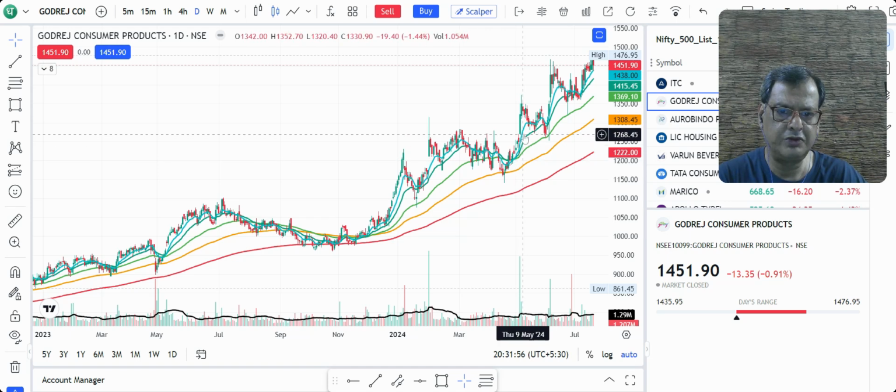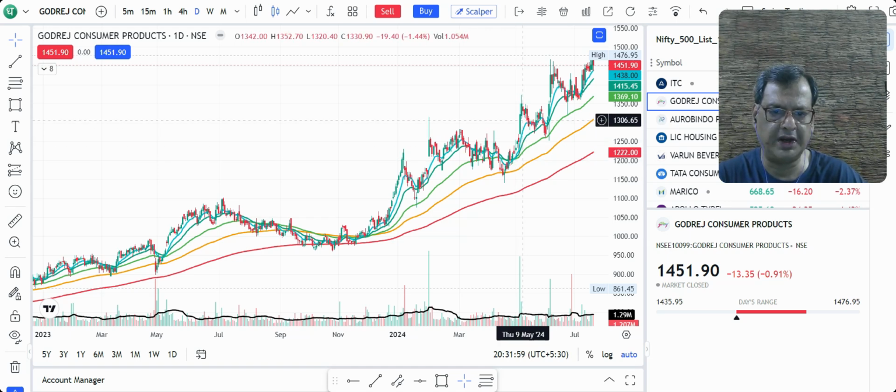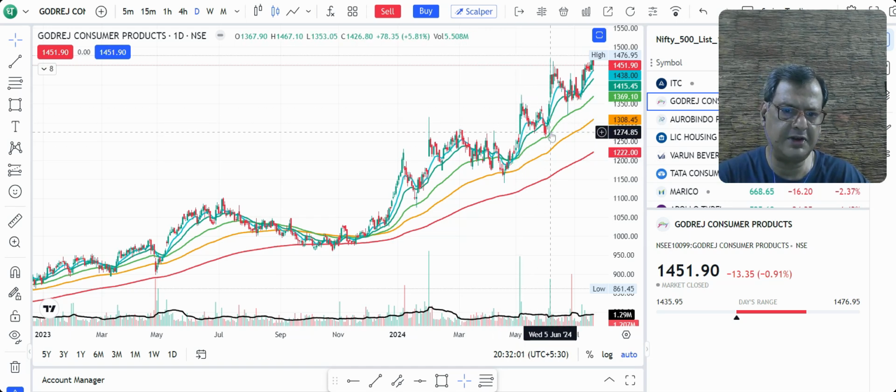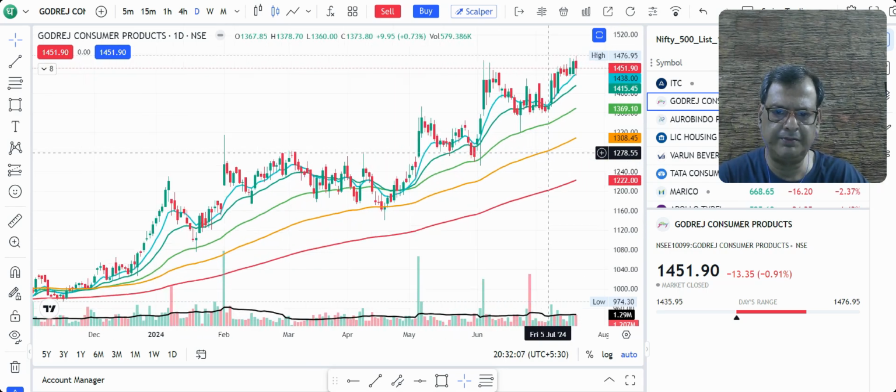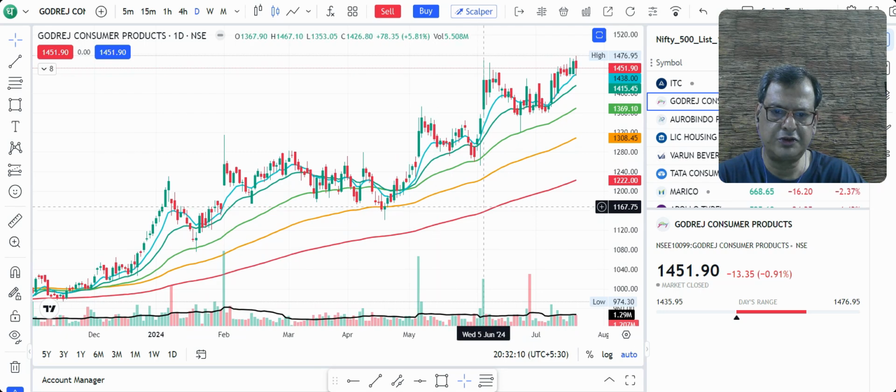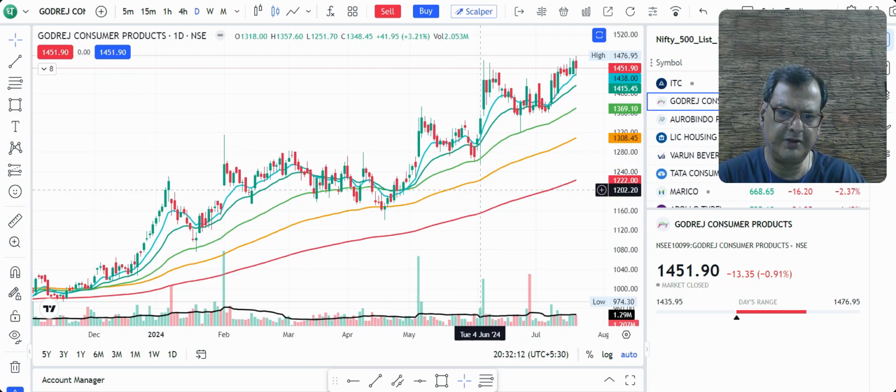If you see, all the moving averages are moving upwards. So this stock is definitely in a bull trend, because although it comes down to spike, you can call it a pullback. It allows traders to get in at an appropriate interval. So I've just zoomed in on the chart. So if you see here,